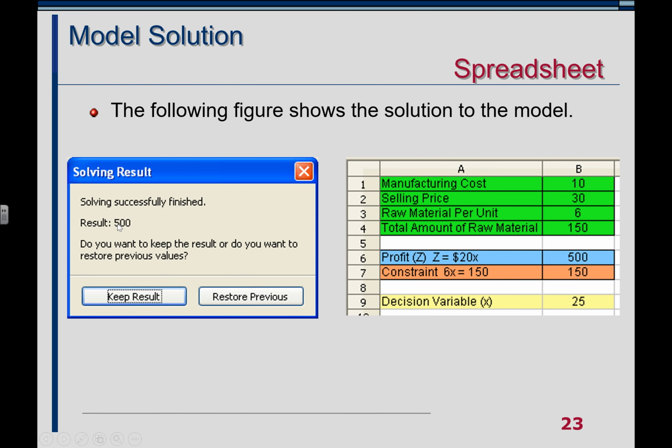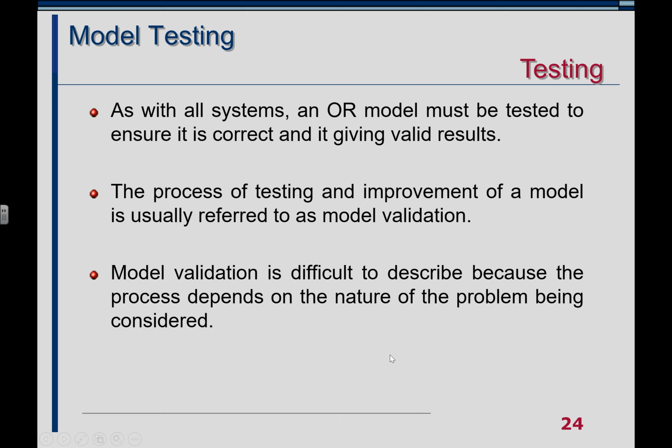You get a result, 500. You want to keep it, and you can see how it changed this decision variable to 25, and our profit is 500, and we actually used all of our raw material of 150. So it's pretty simple. So as with all systems, an OR model must be tested to ensure it is correct